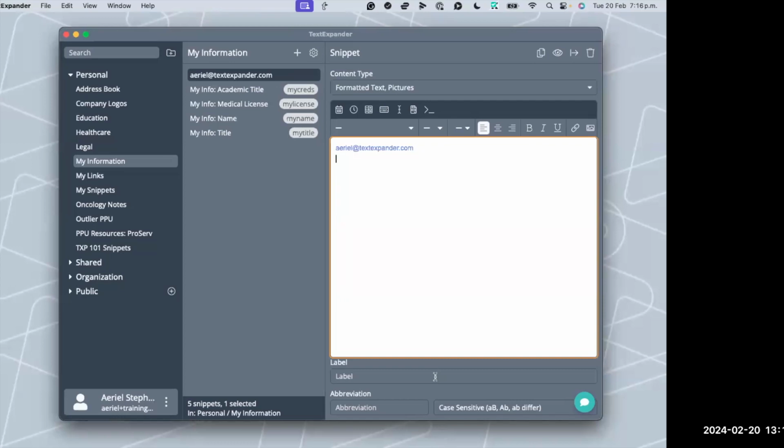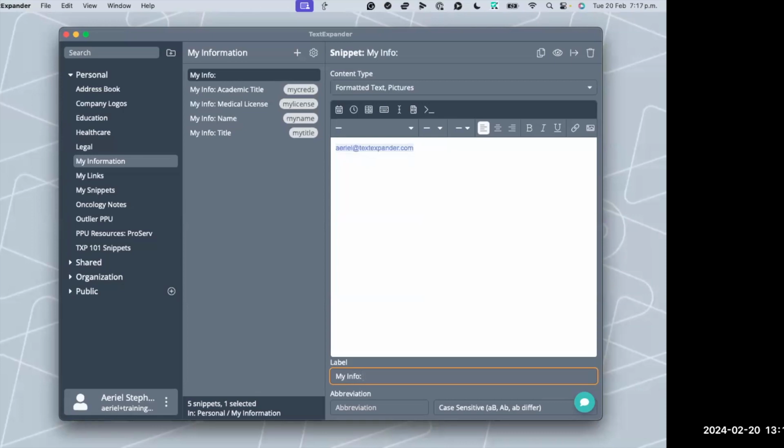Okay. We will just want to finish this off with a label and an abbreviation. So again, I'm really trying to encourage you guys to stay really organized. You will really want to follow some naming conventions and patterns here. You'll notice this is a My Information group. That's the kind of snippets that I'm putting in this group. And everything else I have here in the label starts with My Info. We'll learn more about searchability later and it'll be full circle, but when you are labeling things properly, it'll really help you find what you need later on, especially if you are creating these things for a team of people who also need to find this information.